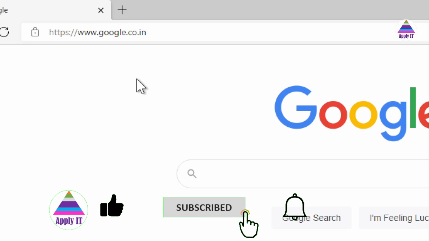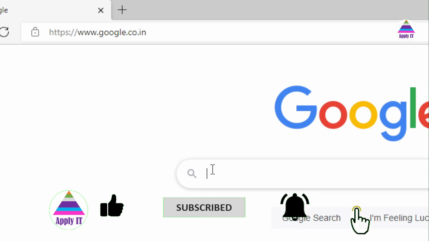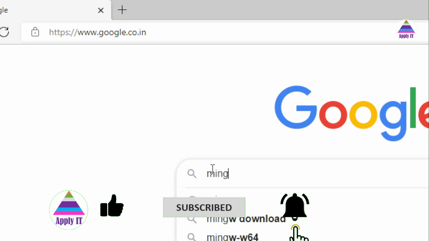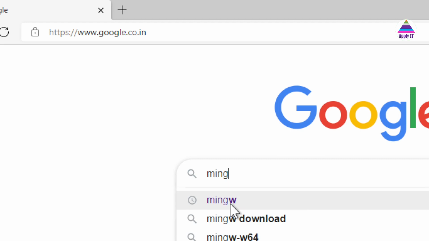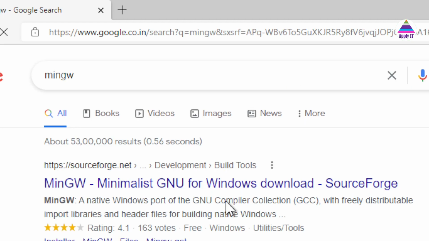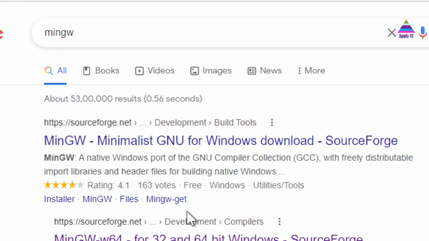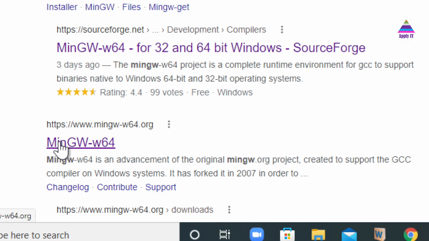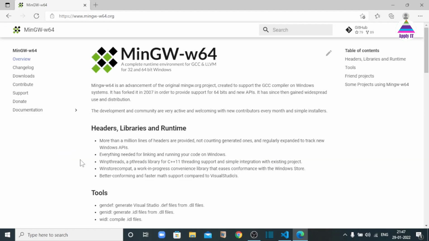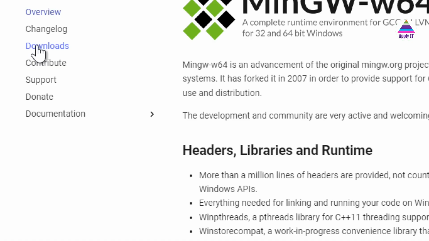So open google.com and search for MinGW, minimalistic GNU for Windows. So you search for MinGW and visit this site, mingw-w64.org. If you visit this site, go to this downloads section,